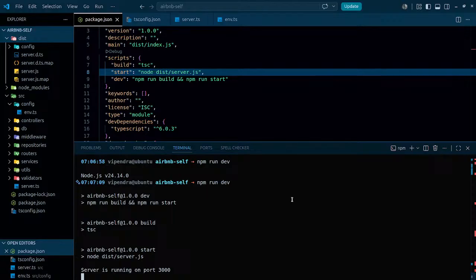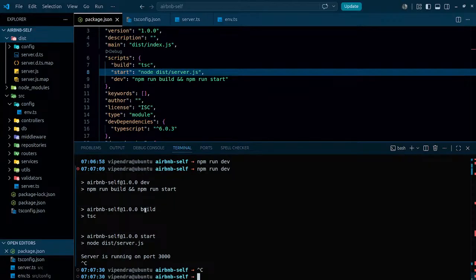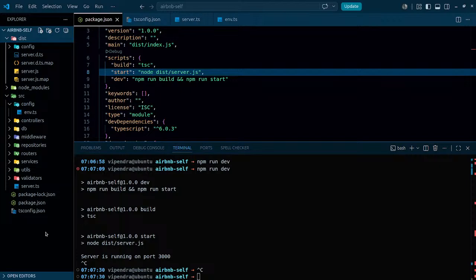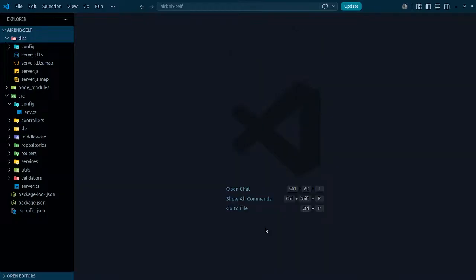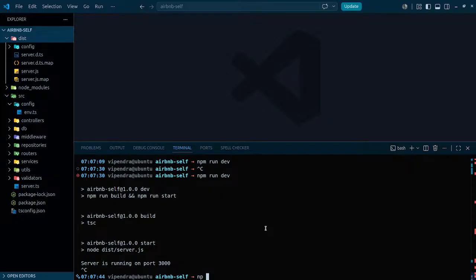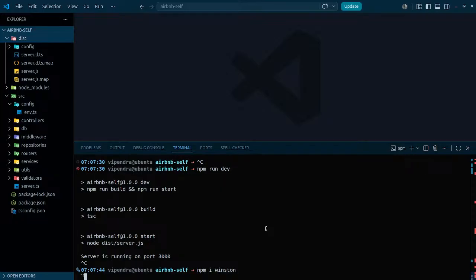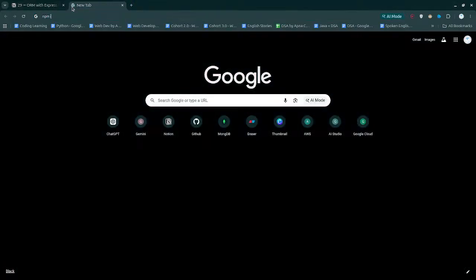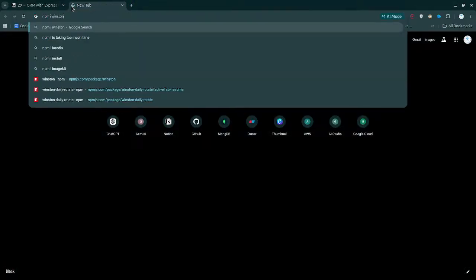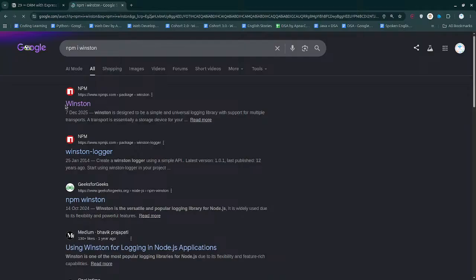What is the next thing that I have to do? So this is the first thing that I did, and the next thing is creating a logger first of all. So npm run dev is fine, it will just simply keep running. But the next thing that we need to do, npm install winston, sorry, what am I doing? Let's go to the winston,